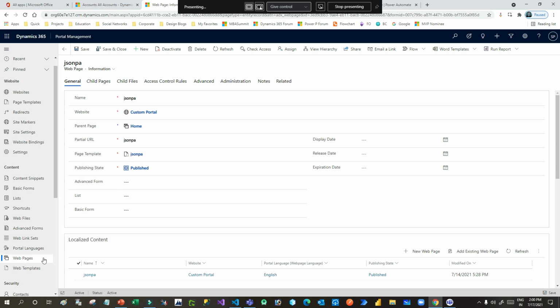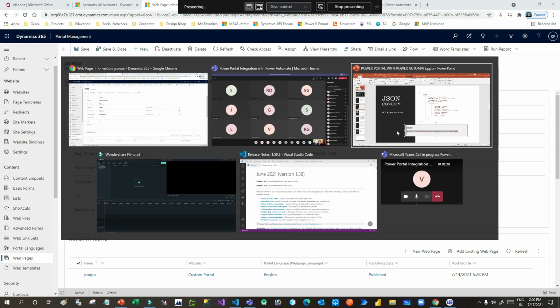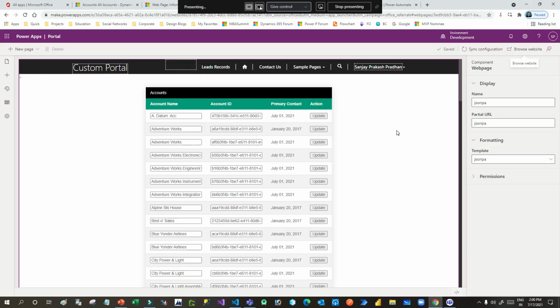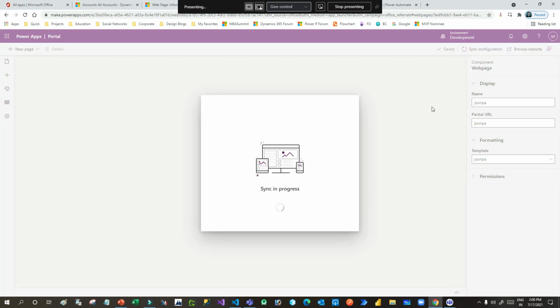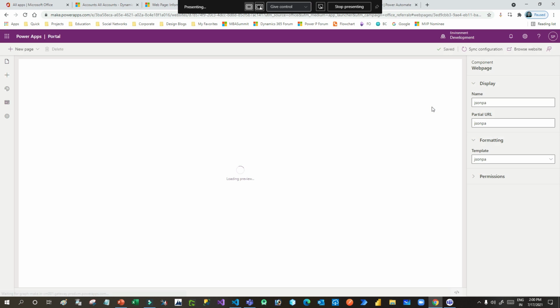So here you can see the page template is called. Now I can browse this web page, right? Now I will go to the Power Apps portal, and I can click on sync configuration. Anything you change in the Power Portal Management model-driven app, you have to come here and click on sync configuration.